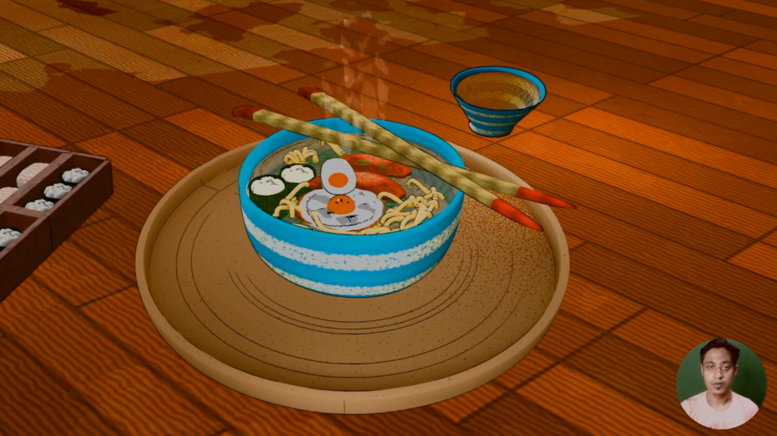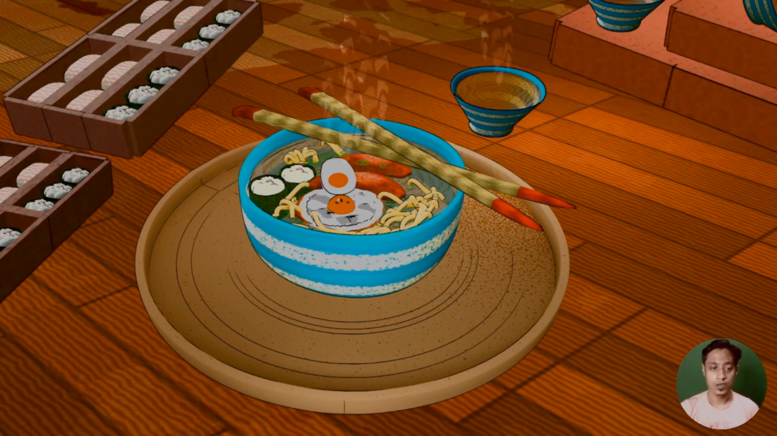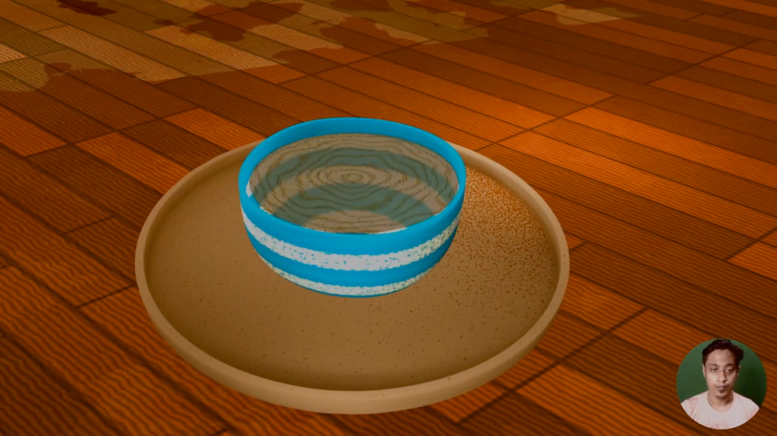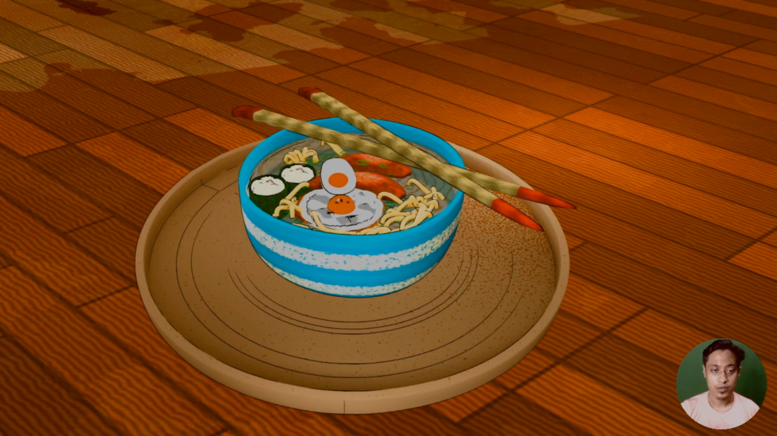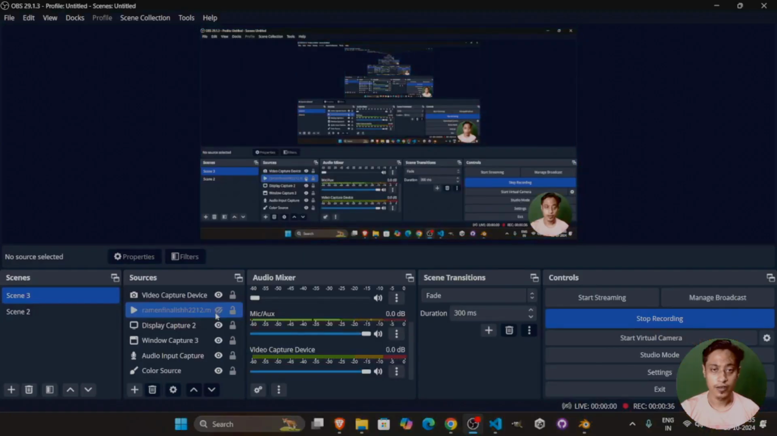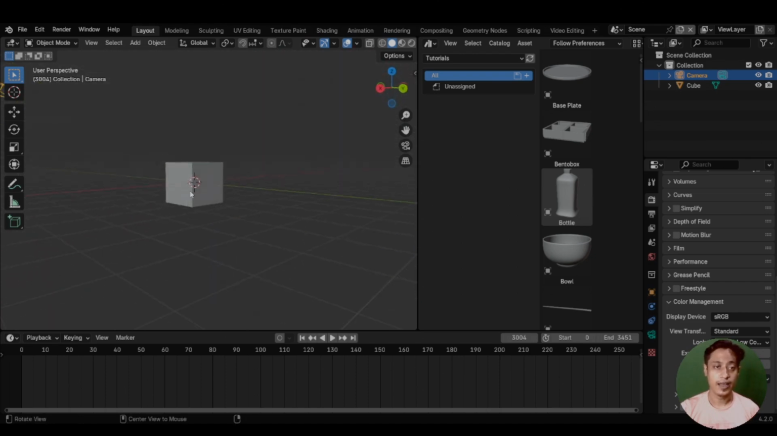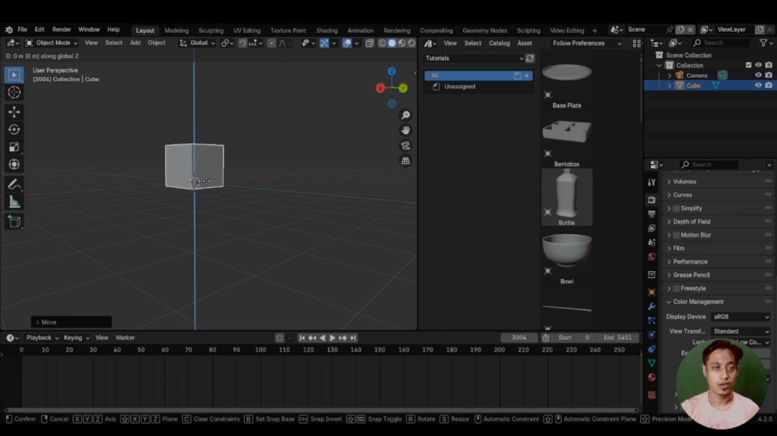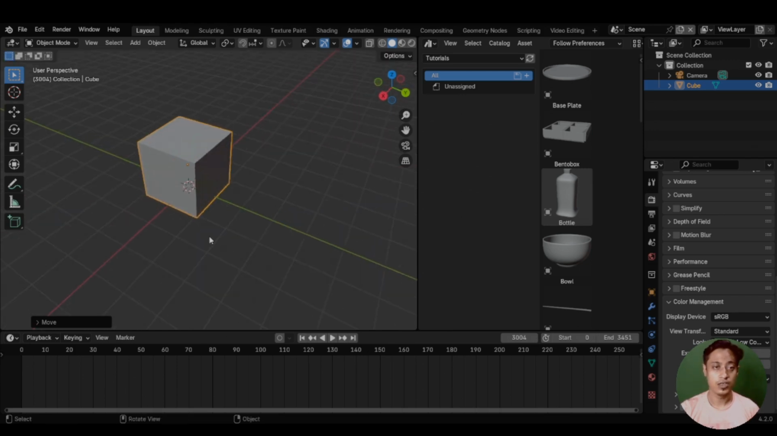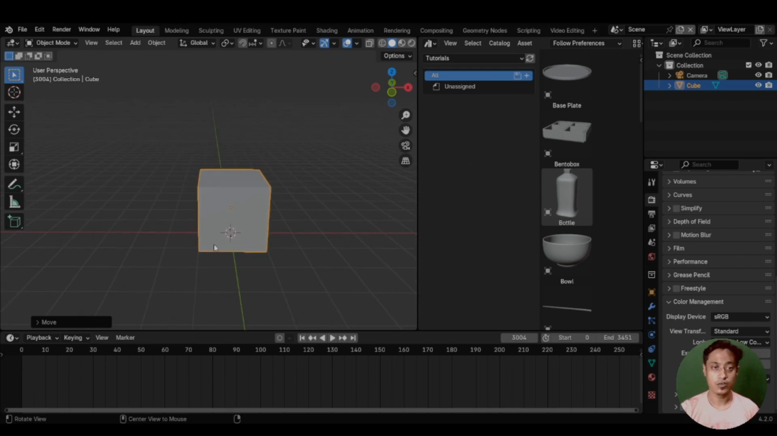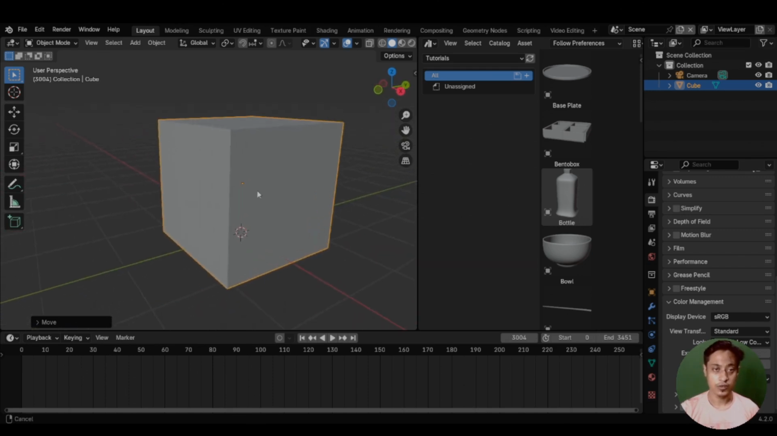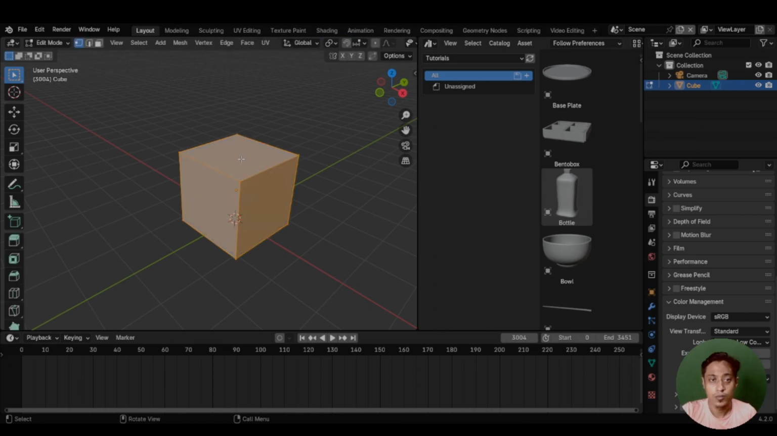So let's begin. Right now we are going to get back to Blender. Now we have this default cube, and most of the YouTubers actually go ahead and delete this cube, but we are going to use this cube. So right now I want a bowl, so I'll go to my edit mode